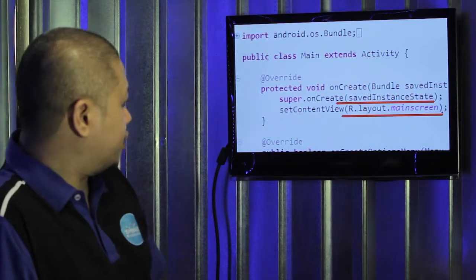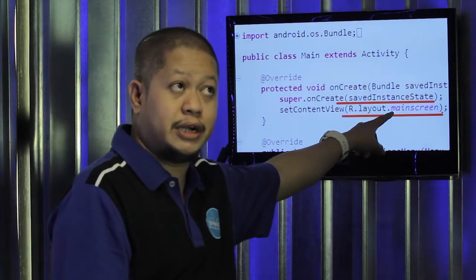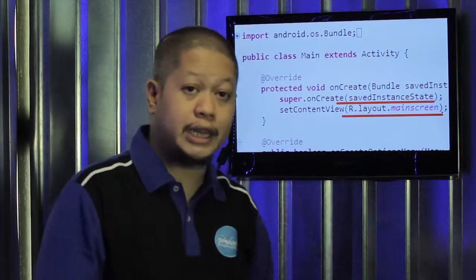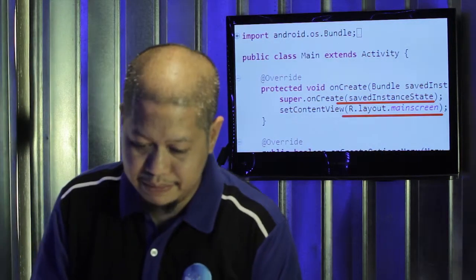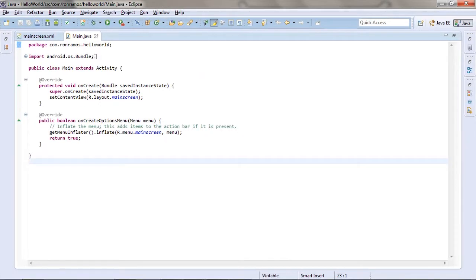If you're sharp, you'll notice that this calls the file that we named earlier. Set content view r.layout.mainScreen actually calls the layout that we named earlier on in project creation. The second method we'll look at